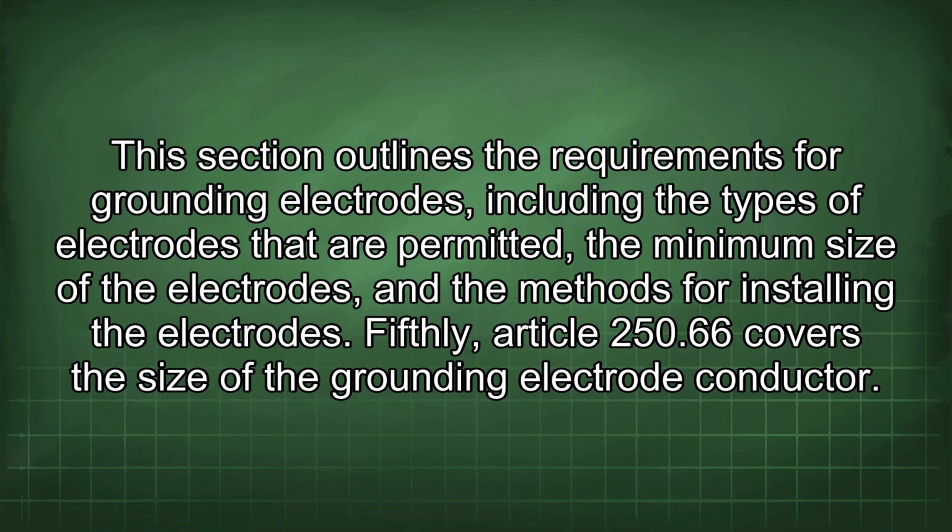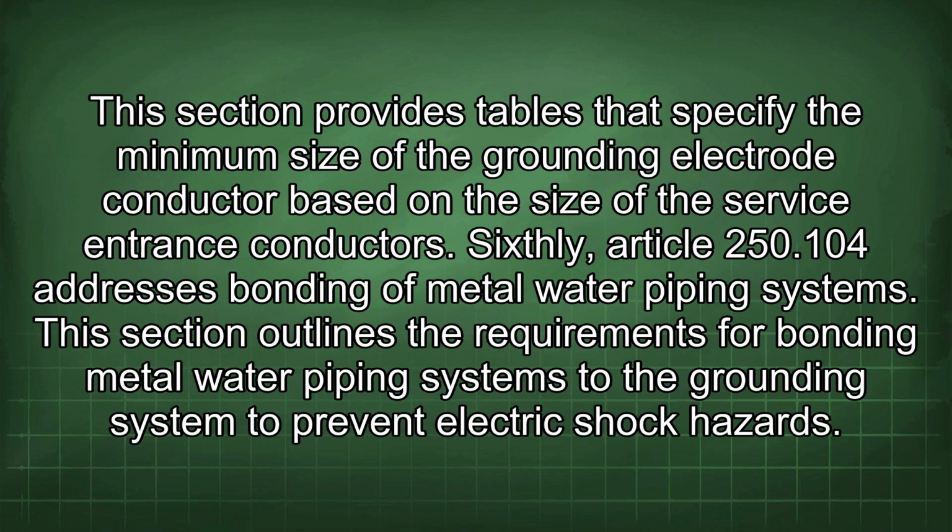Fifthly, Article 250.66 covers the size of the grounding electrode conductor. This section provides tables that specify the minimum size of the grounding electrode conductor based on the size of the service entrance conductors. Sixthly, Article